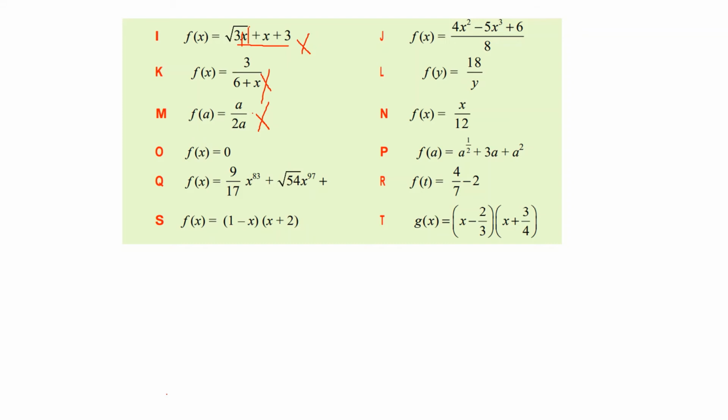Others, let's check. This one is also not, because it has a fractional exponent here, so it can't take the value. And also this one is a form of a over b, and its domain is not all real numbers, so it can't be a polynomial function. So you can say J